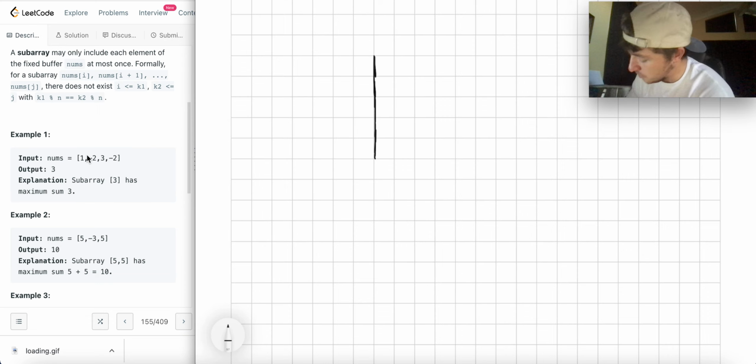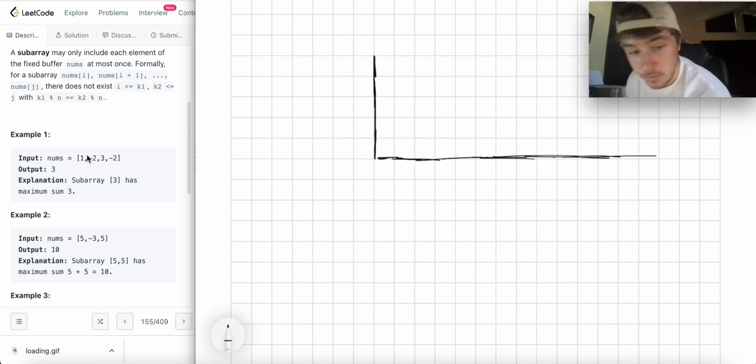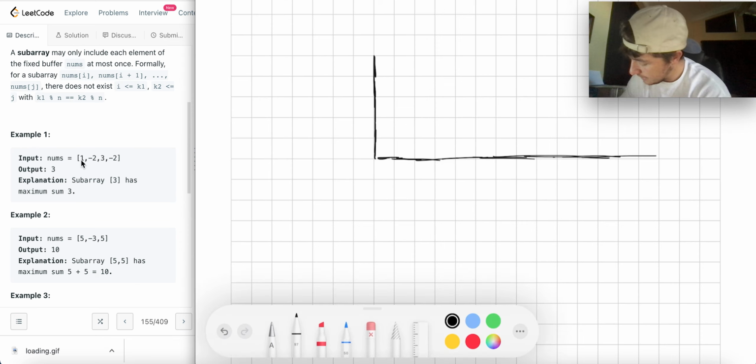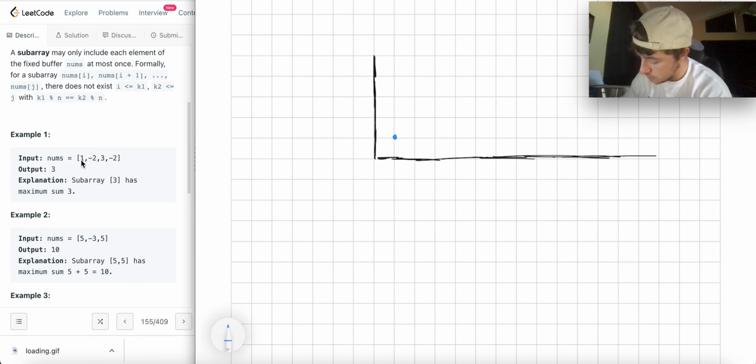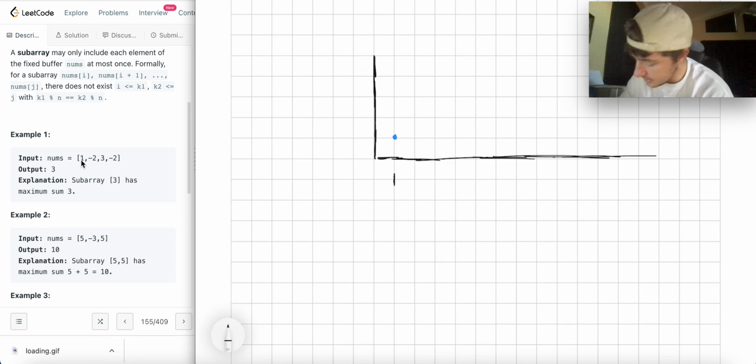So that's really the important point. Sometimes it just comes down to memorization, but hopefully this will give you a little bit of intuition about how this problem works. So if you have 1 as a subarray alone, you'd say, okay, that would give me 1 point using 1. So let's